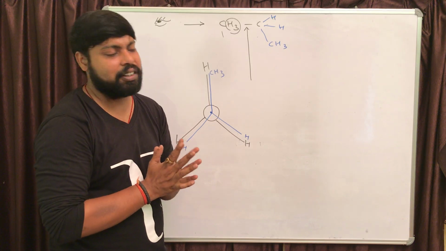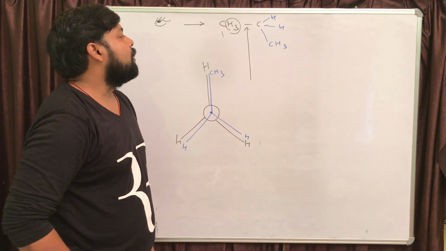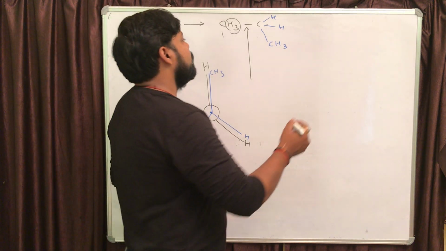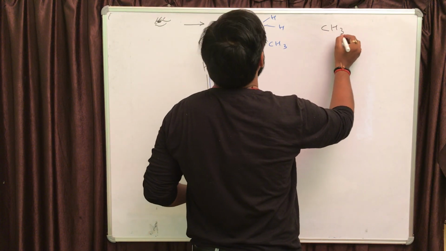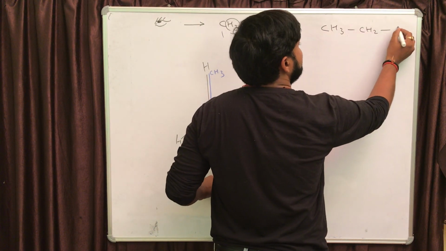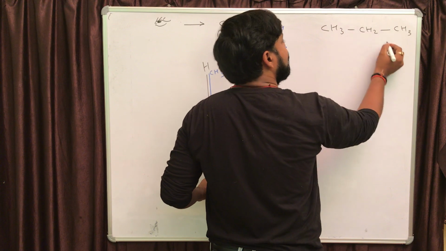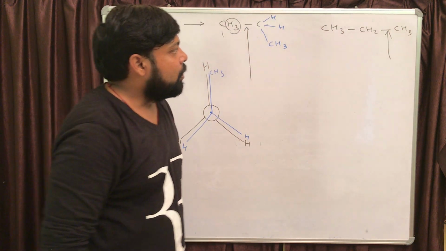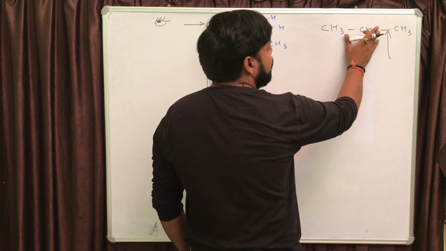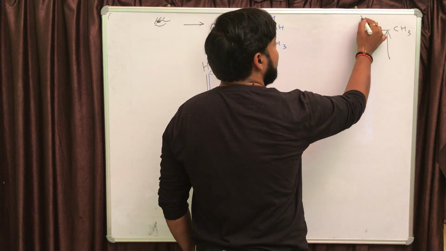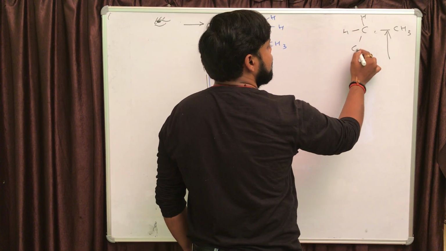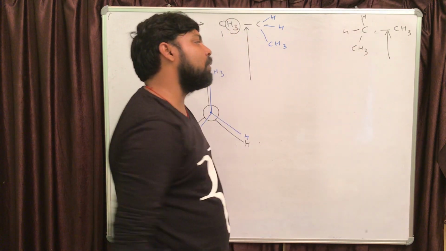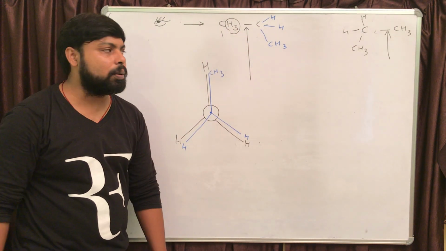That is the only difference you are going to get, right? You can see that one also. Let us say it is having CH3, CH2 and CH3. If you are taking the covalent bond between carbon number 2 and 3, the front side carbon will be having 2 hydrogen and 1 CH3. Backside carbon will be having 3 carbon hydrogen bond.